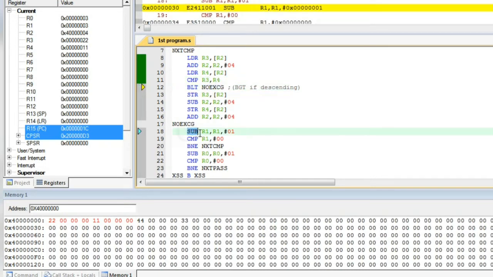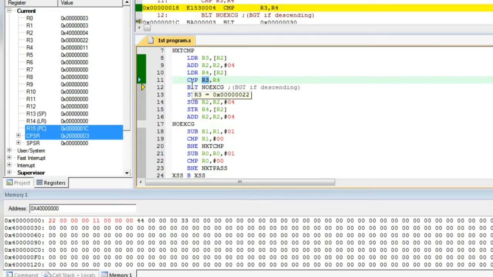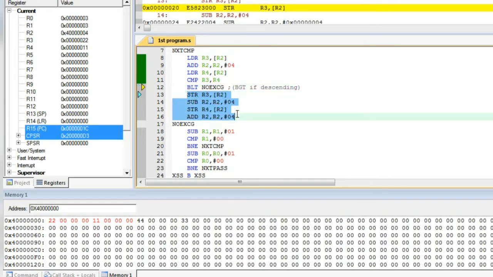What is EXCG? That's the name for this loop. What is the value of R3? It's 22. Is 22 lower than R4? No, it's not. So we'll not be branching to no EXCG. Instead we'll be performing these four lines of code.